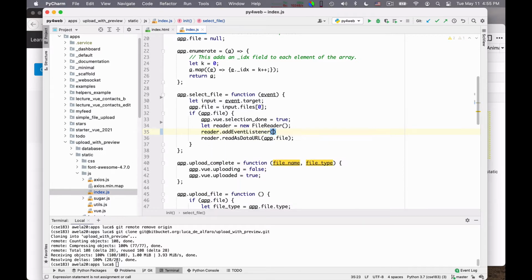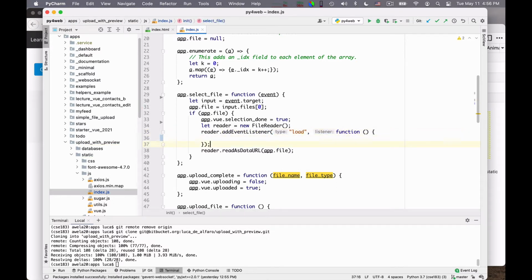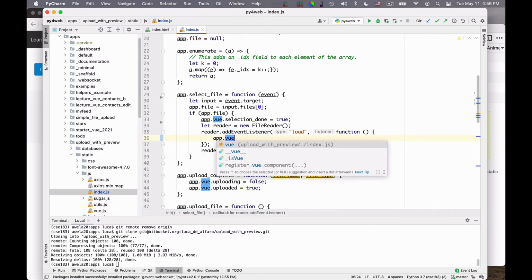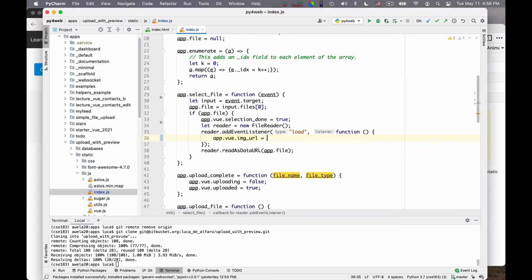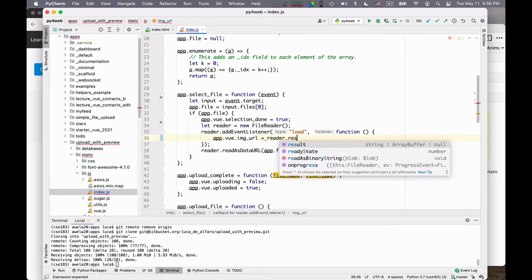I can add an event listener to the reader, listening to the load event. And when the load event is fired, I will do this function that has the only purpose, so here is the body of the function, to say app vo image URL is equal to the reader result.